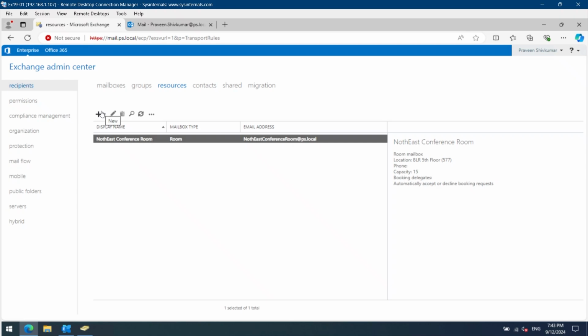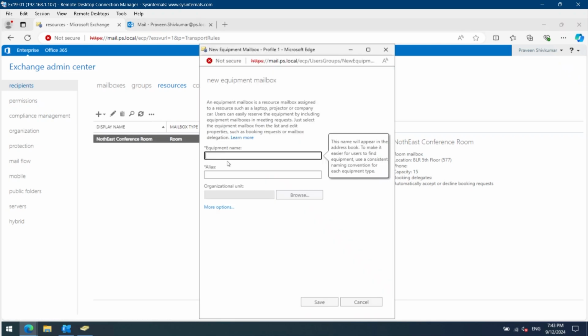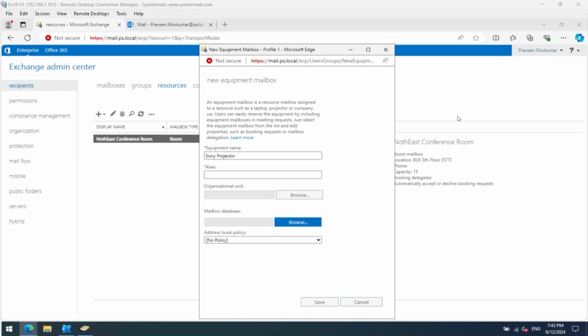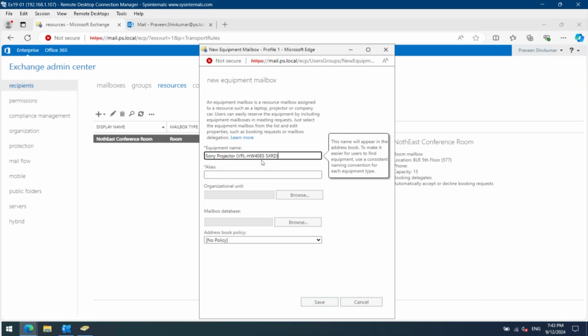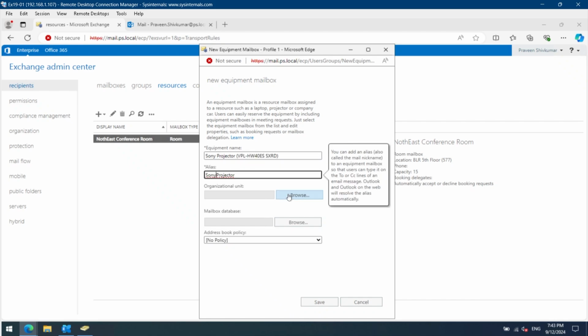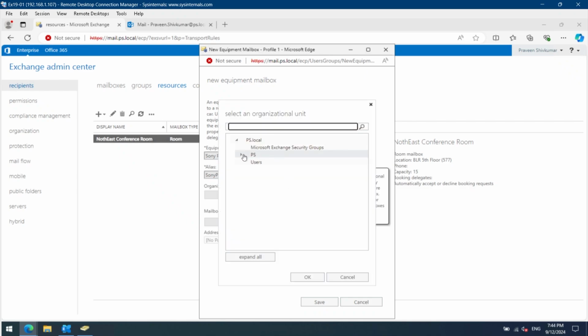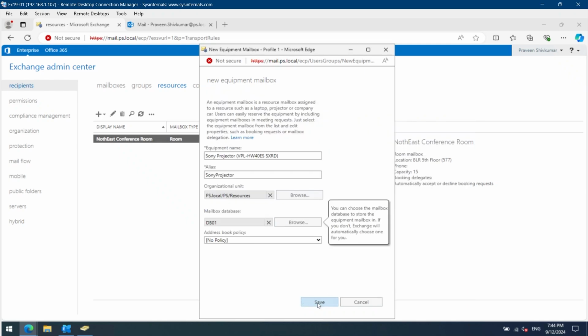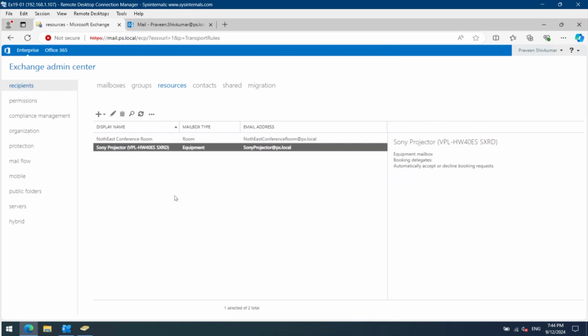Let's also create an equipment mailbox for our Sony projector, which we have in the conference room. So let's name this Sony projector and also give the projector details, which will be the version. For the alias, I'm going to give Sony projector and I'm going to store it on the resources OU and on DB01. So let's click save. Once we have the resource mailboxes created, you can also see the mailbox type here